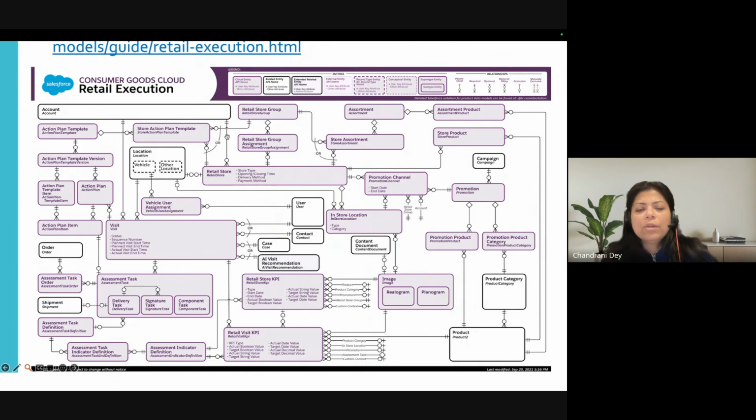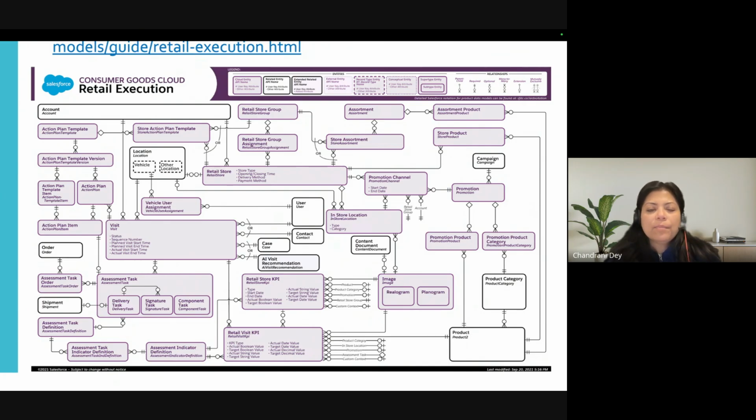Because the more you start using the CG Cloud in the first implementation, you are landing into more complexity. For my implementation, we have not gone into retail store group or retail store. We have kept ourselves confined to account and account hierarchy, because we did not want a lot of complexity in the first implementation.